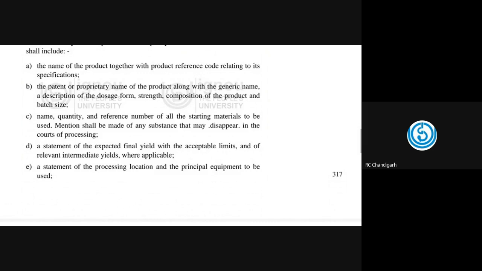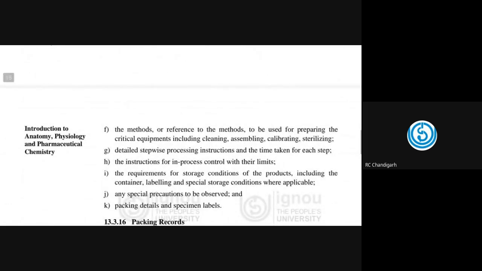Mention shall be made of any substance that may disappear in the course of processing, a statement of the expected final yield and the acceptable limits, and of relevant intermediate yields wherever applicable, a statement of the processing location and principal equipment to be used, the methods or reference to the methods to be used for preparing the critical equipment, including cleaning, assembling, calibrating, and sterilizing,